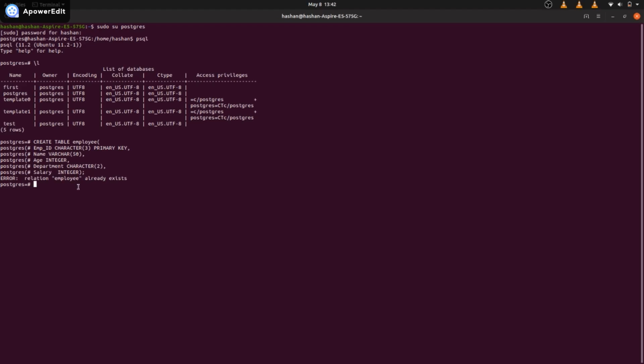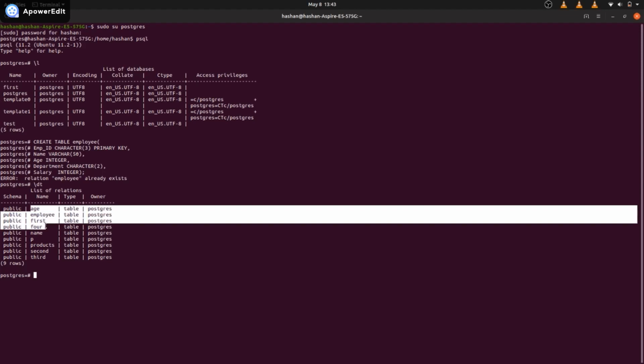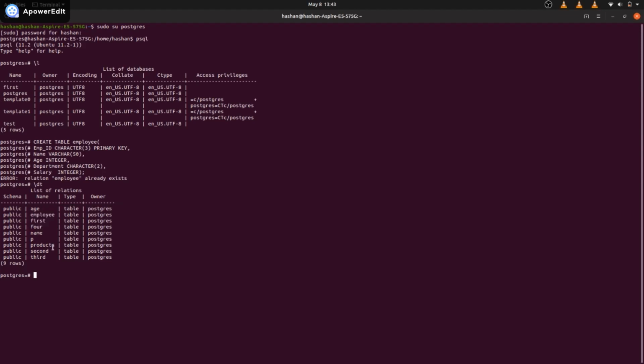So let's see whether my table is created or not. To see all the tables inside my database, just type backslash dt. Simple dt. dt means data tables. If you type this and hit enter, you will see all the tables inside your database. In my Postgres database I have 9 tables, right? But in your case this can be one or a few, right? So you can see the newly created one, the employee table is already there,